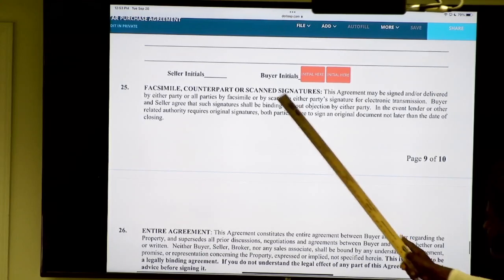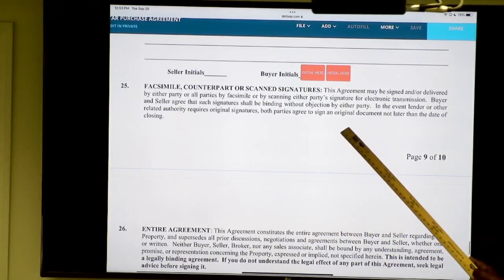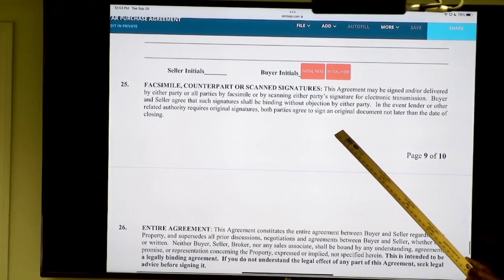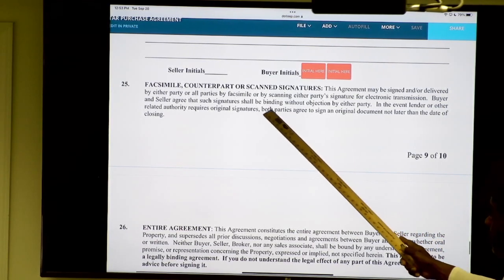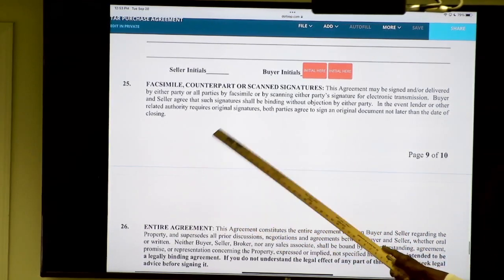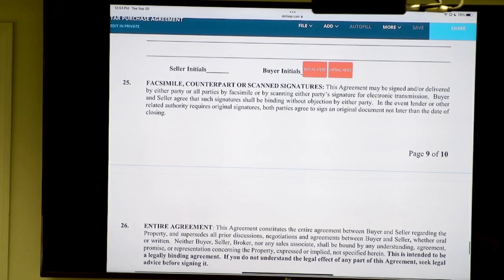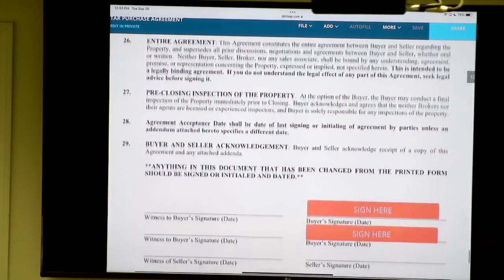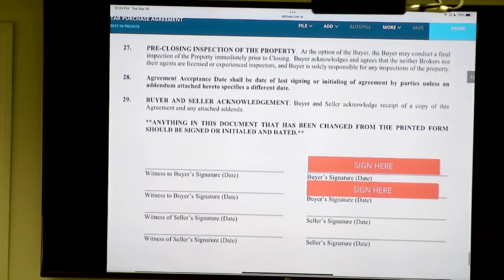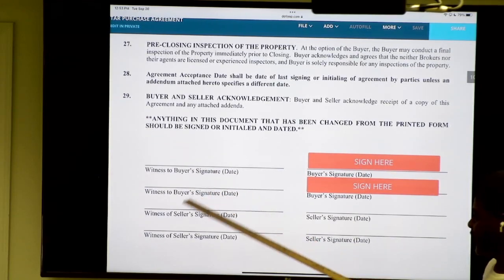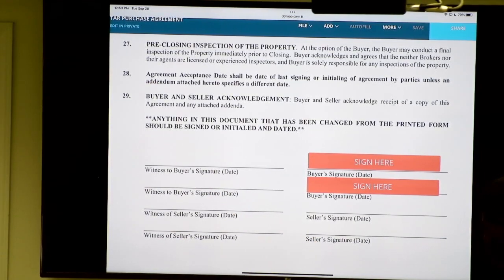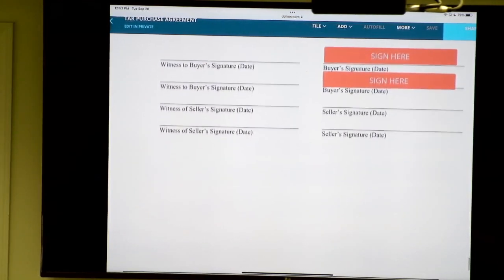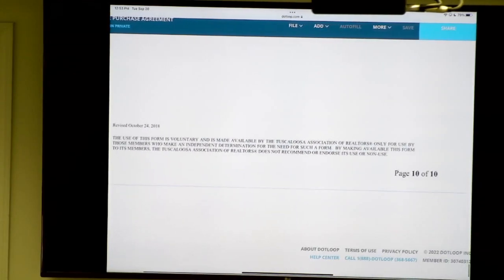And just explain to them that facsimiles and or DocuSigns are considered legal signatures, et cetera, et cetera. And that's it. Have everyone sign. You sign over here as a witness, and that completes